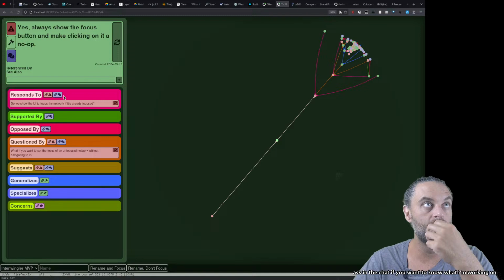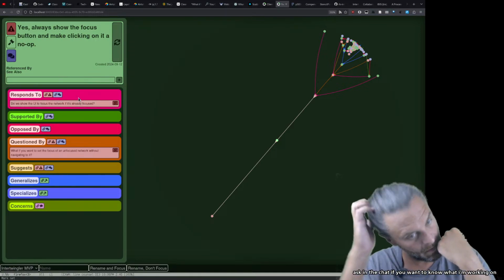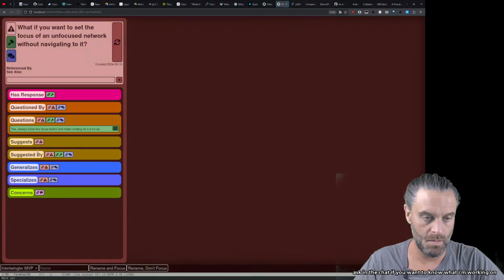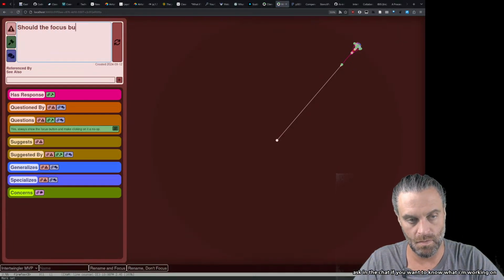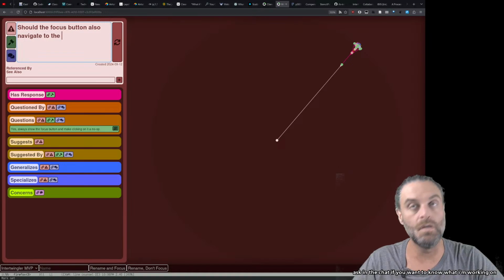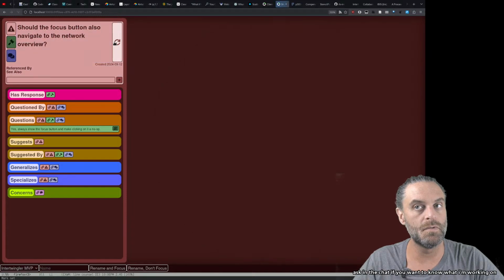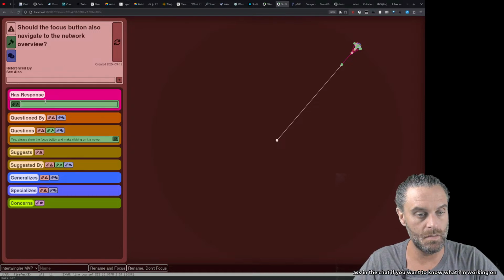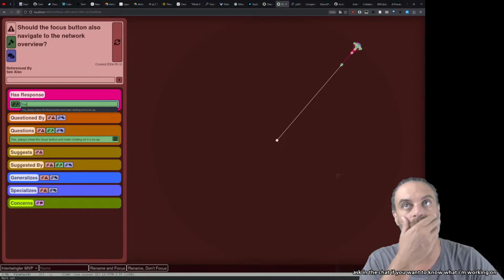Do we want to make this... should the focus button also navigate to the network overview? Yes. I know I'm going to say no, but